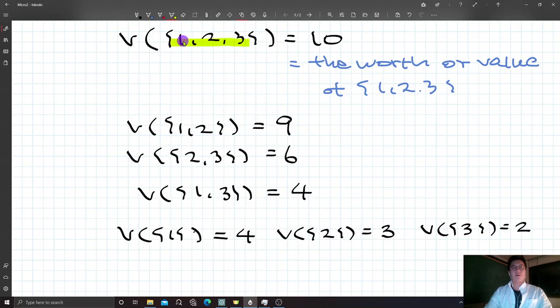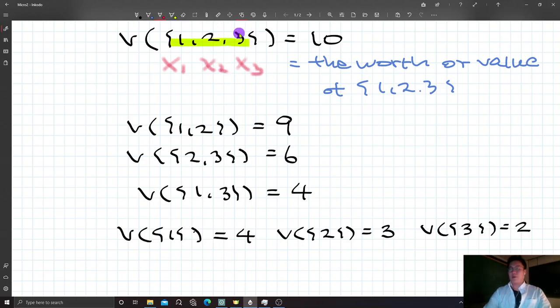So three players can make a surplus of 10. Then after making this coalition, these three players have to decide on how to divide this surplus 10. Then suppose that x1 is the share of player 1, x2 the share of player 2,